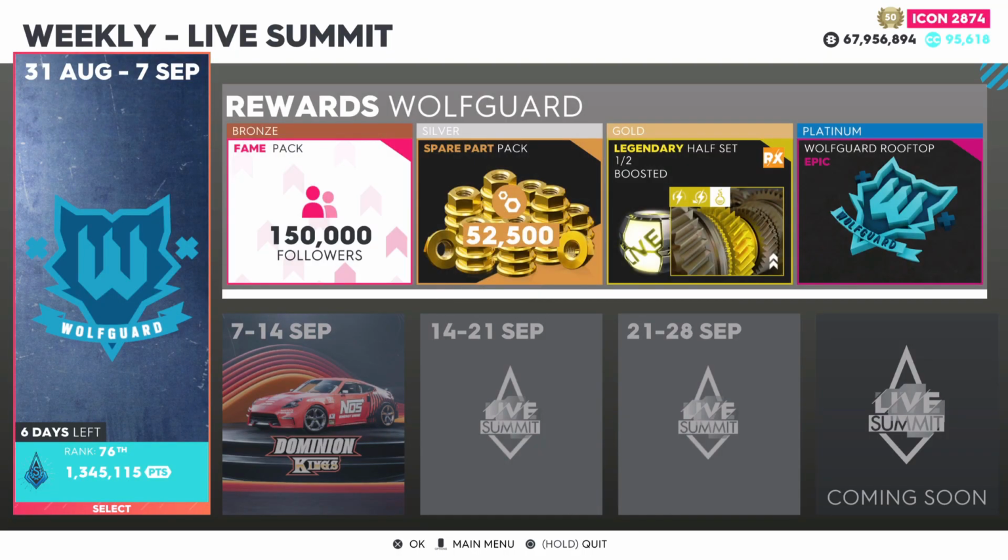Welcome back to Crew 2, and as y'all know, it is Wednesday, which means the new summit is now live. For this week we have the WolfGuard, which has a pretty interesting looking platinum reward, the WolfGuard Rooftop, which, by the way, you do actually get to look at in one of the races because I did notice some of the other racers have it. Nonetheless, in gold we have the legendary half set boosted for